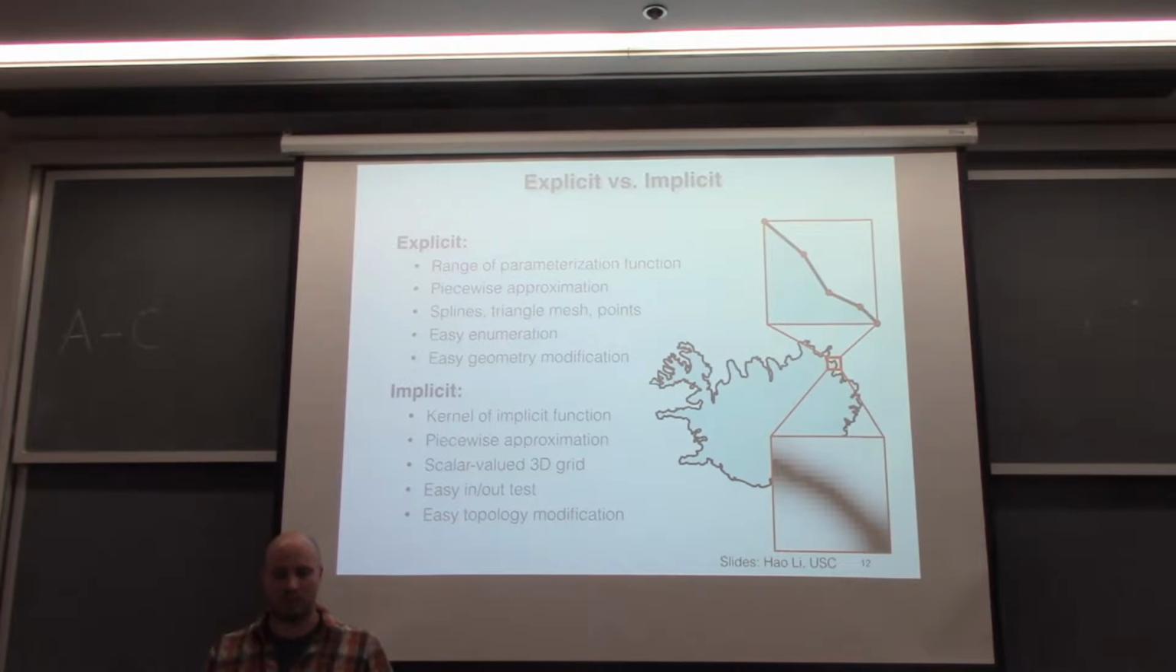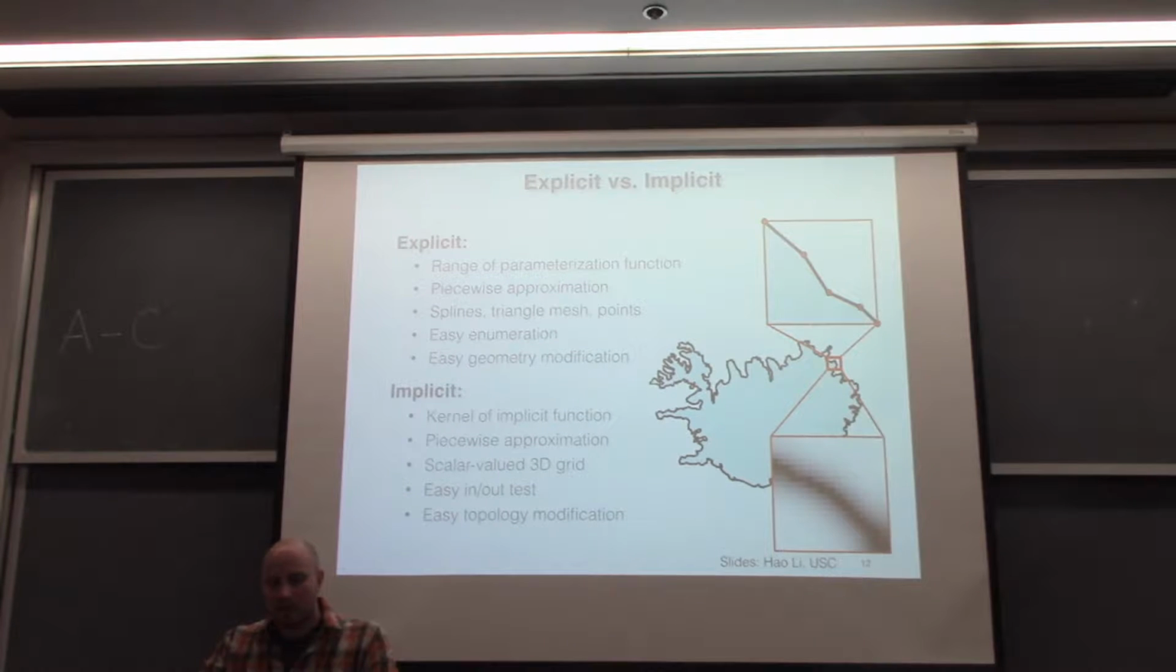So again, the advantages of explicit versus implicit. So explicit, so sort of the vector approach, the advantages are that you have piecewise approximation, you can use a set of points in a triangle mesh or a set of polylines in this 2D example. And it's very easy to modify the geometry directly because you don't have to go back and paint on some canvas and convert it from a scalar field to raster graphics,